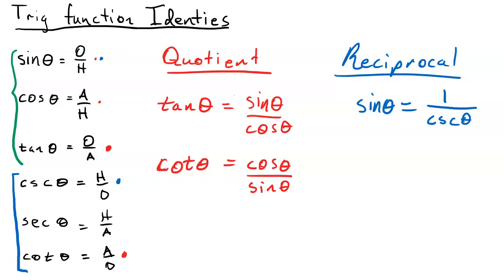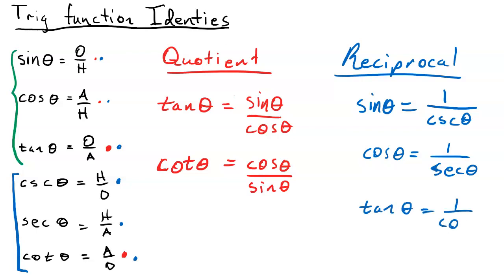Similarly, we can do the same for cosine and secant, and tangent and cotangent. So we have cosine theta is equal to 1 over secant theta, and tan theta is equal to 1 over cotangent theta. So again, these are two categories of identities that we can use to simplify expressions, and they're extremely easy to